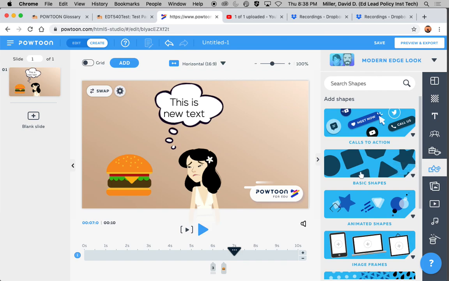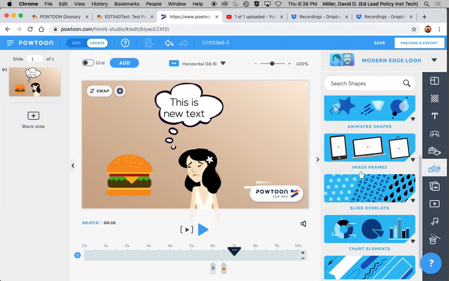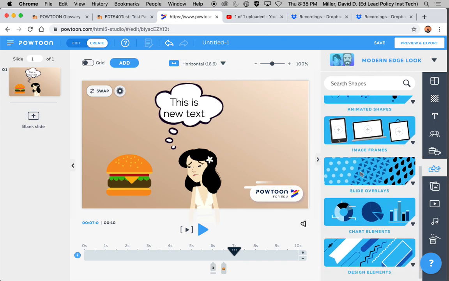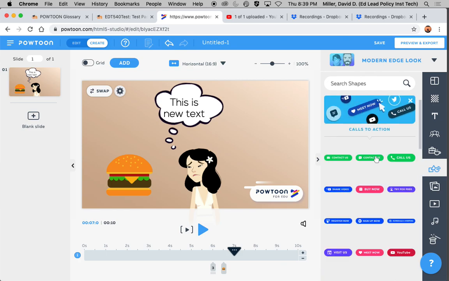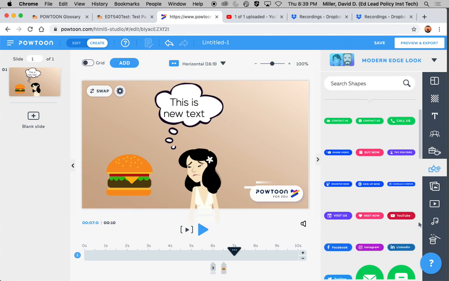On to shapes. Shapes is pretty self-explanatory. You can just insert a lot of shapes. What I thought was really cool is that they have these things called call to action, and they're like little logos to connect to social media, YouTube, or contact information. You can do basic shapes, animated shapes, image frames, overlays, charts. It reminded me of PowerPoint and Word, all the stuff that you can insert. This would be kind of like clip art in a way, between this and the props. But yeah, say YouTube,